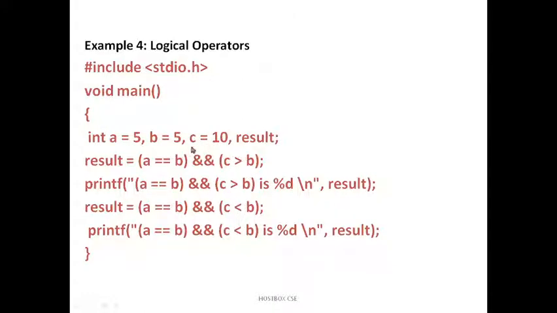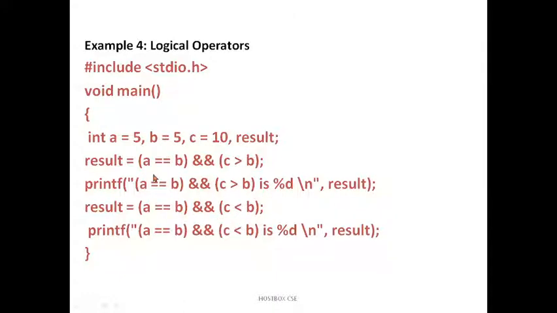Yes, here, because the c value is 10 and the b value is 5 only, so c is greater. So for the first condition it will print the answer true. Then I am going to print the result, so I am giving a is equal to b and then c greater than b. Similarly, I am going to check with another option: a is equal to b and then the logical operator c less than b or not. c less than b? Yes, because the c value is 10 and the b value is 5 here, so again it prints the true value.